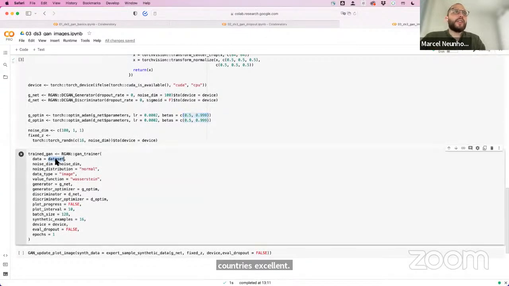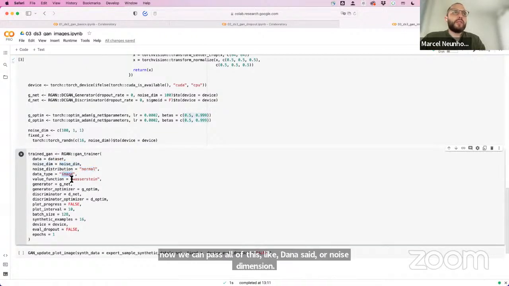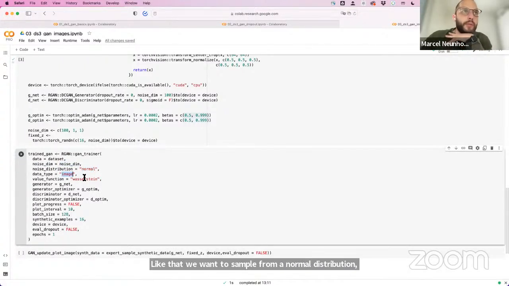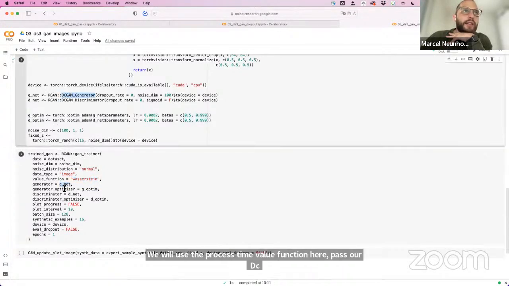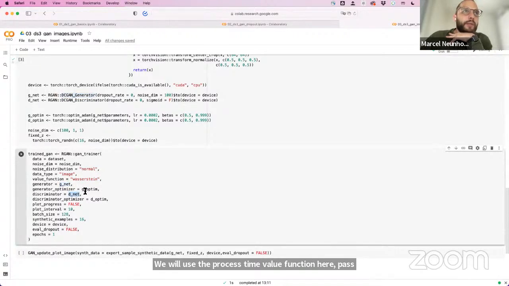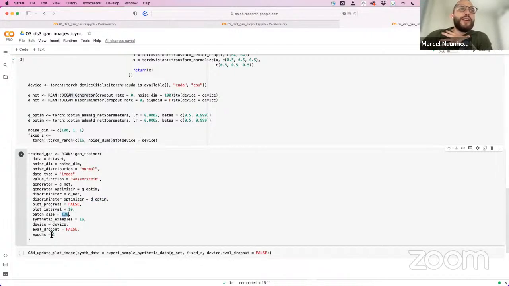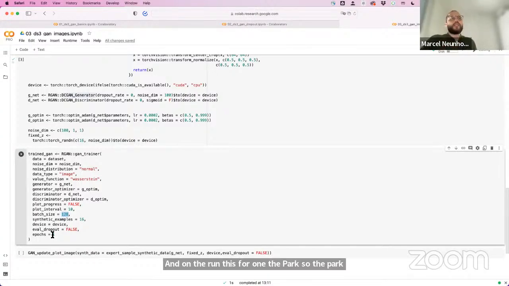So now we can pass all of this, our data set, our noise dimension that we want to sample from a normal noise distribution. Now we have to say we are working on images. We will use the Wasserstein value function here, pass our GAN network architecture for the generator and the discriminator and our defined optimizers in here, and work on a fairly large batch size of 128 images, and only run this for one epoch. So an epoch in machine learning is typically